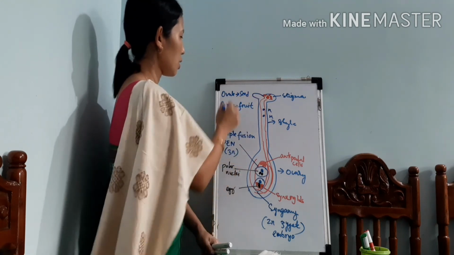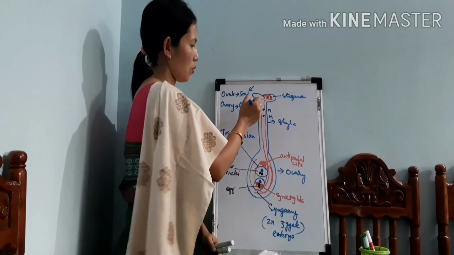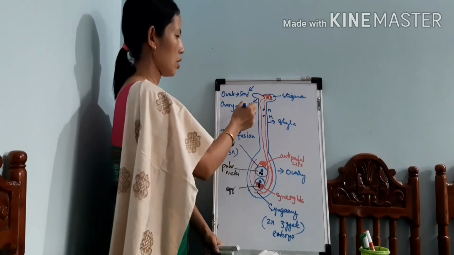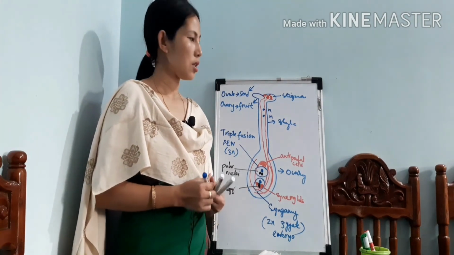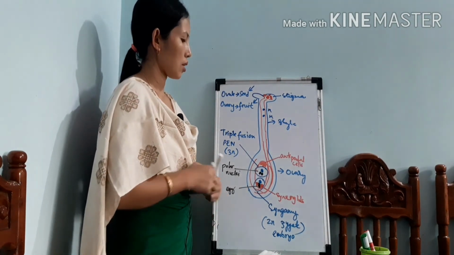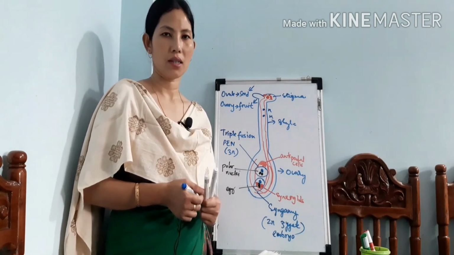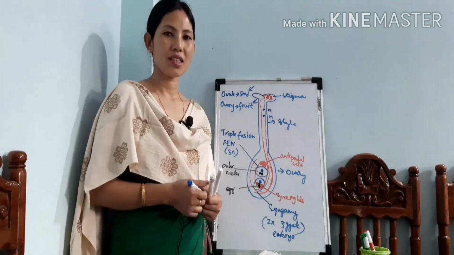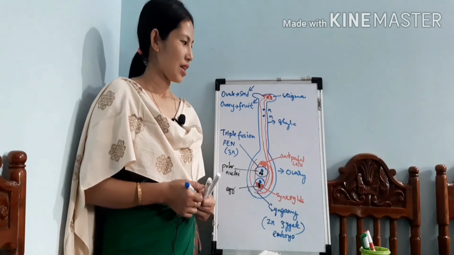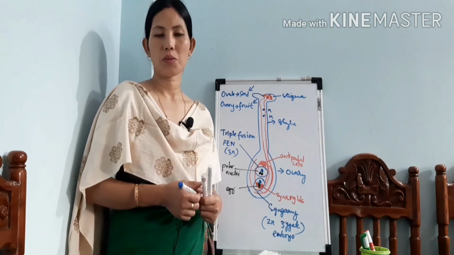So in this way the seed is enclosed within an ovary which will be converted into a fruit, right? So this is how the life cycle is continued in case of an angiospermic plant, right? So with this I end my discussion. So this is what is about angiospermic plants or the angiosperms.